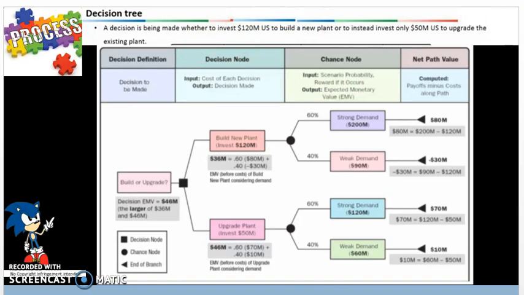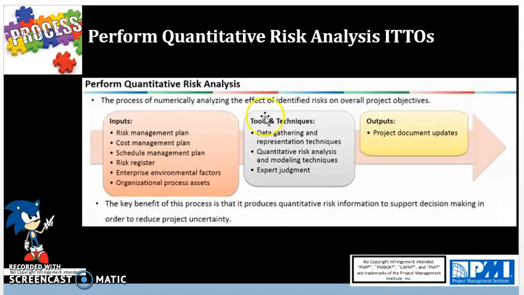And then next you have the next tool and technique, which is going to be expert judgment. And this is coming from prior projects, project management office guidance, and risk management professionals, and business continuity management teams to guide in quantitatively analyzing our risks. And next, the major output from this is going to be project document updates. Updates to the risk register is prioritized, and basically you're going to now assign a cost value and update that, and put a prioritized list of risks that have a dollar amount attached to it now, and other documents.